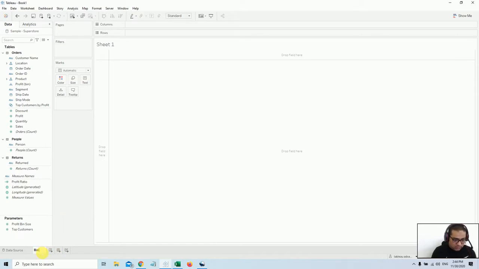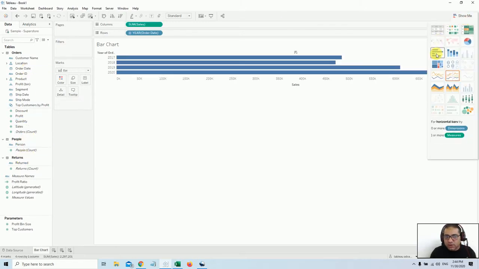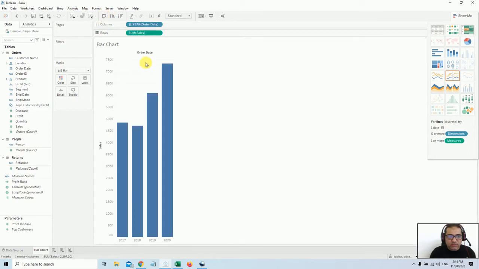I call it bar chart, and here I will use order date and sales. I'll convert it into a bar, hide the labels, and put it into the sales, and I will duplicate this and call it area chart.